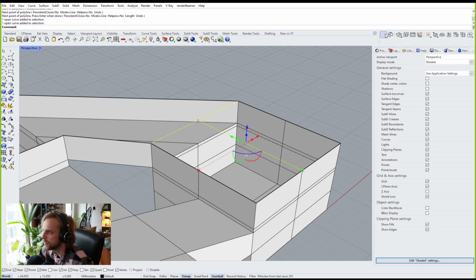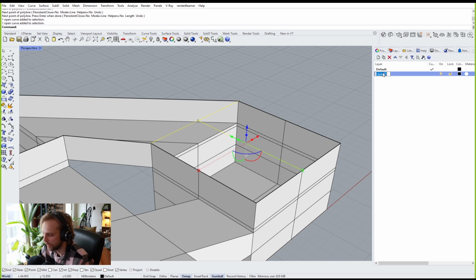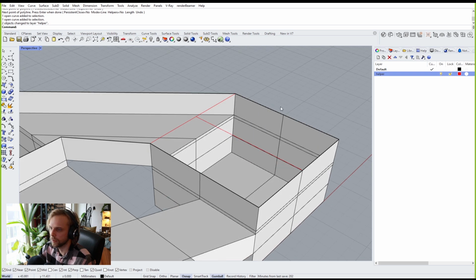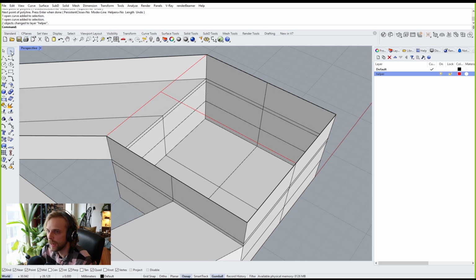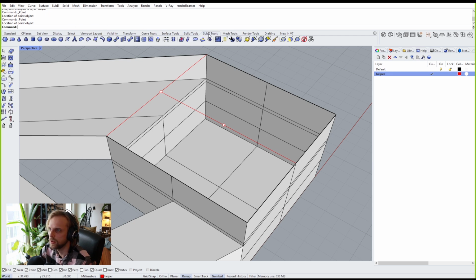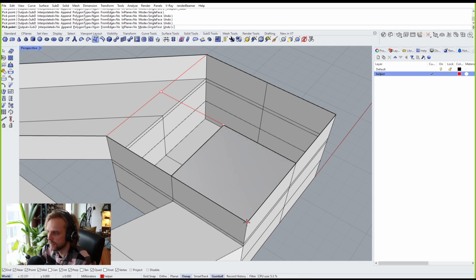Let me actually create a new layer just so that you can see better. I'll call it helper. Make it red, just for visual purposes, and there we go. So now you should see better. I drew one line here and one line here, and now I have the midpoint here that I can snap to, and I have this point here, right? And this is basically all I need now for the SubD tools to create those faces that I'm after,